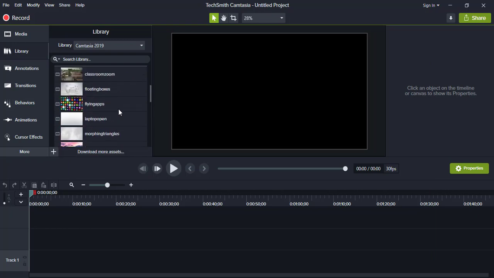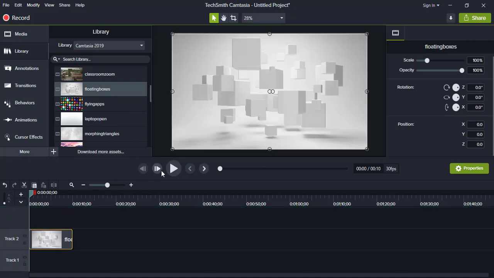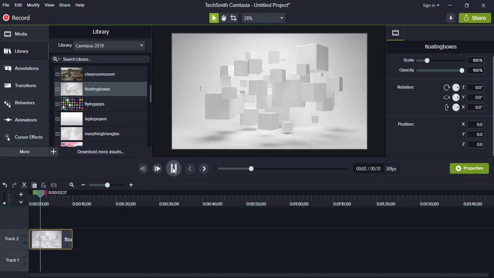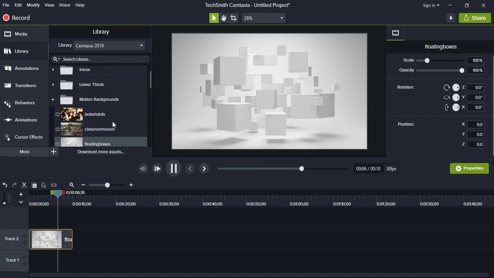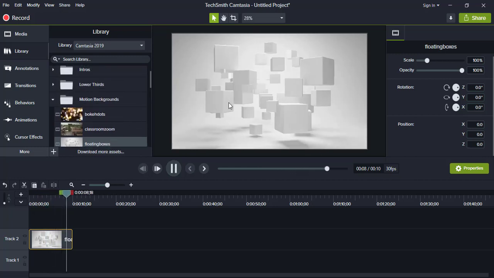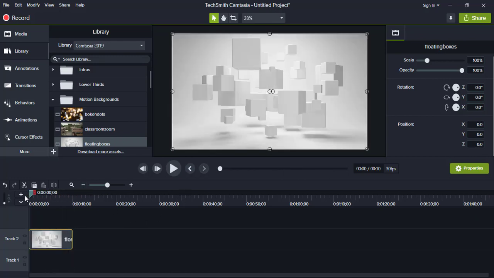Let's suppose I'm taking this floating boxes. I really like it. To work on it you just have to click, drag and drop. Yeah, we'll just play once and see how it looks. And as the name suggests, it is motion backgrounds, so it is basically an image or a clip with motion. Yeah, it's not a static image.